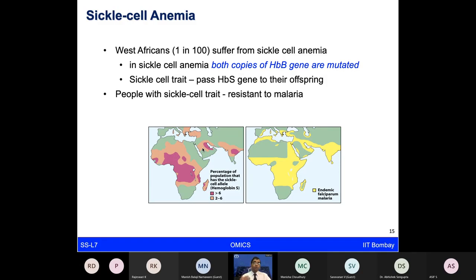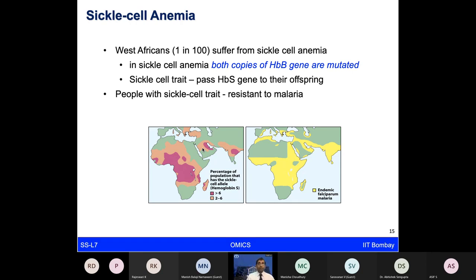They also give some sort of trait for individuals to show resistance to malaria, because if the hemoglobin binding capacity is low, then the falciparum or the vivax, which are the pathogens that cause malaria, will not be able to survive well in individuals who have the sickle cell trait. So they're going to show more resistance to malaria.